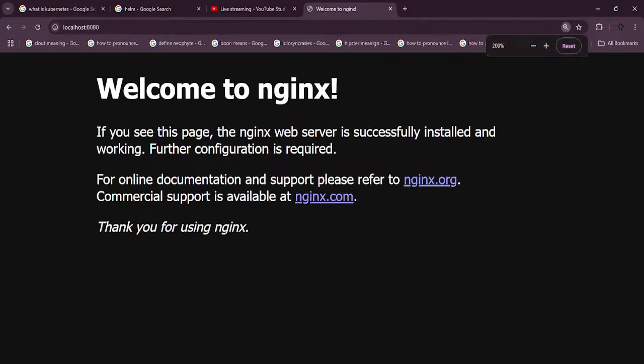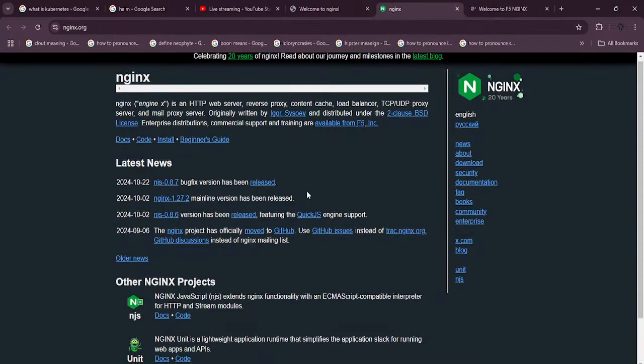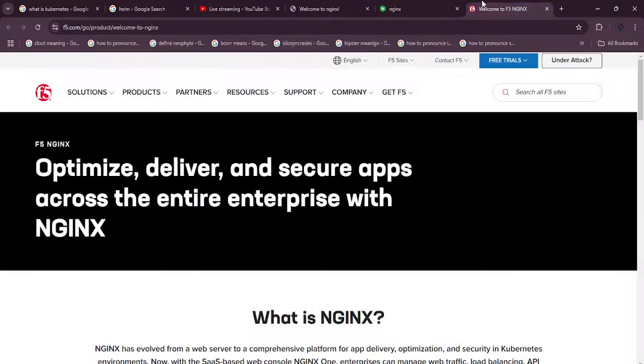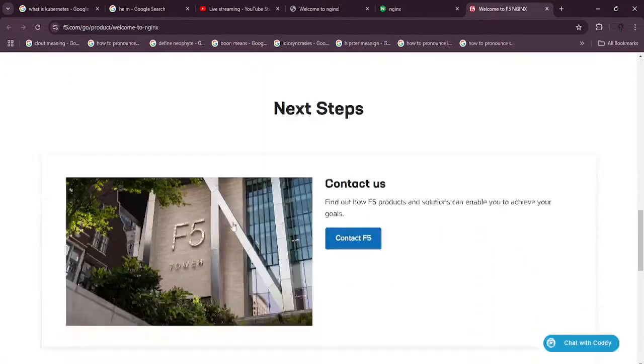Okay, so if I just write here and paste it, you should see the Nginx server up and running. Welcome to Nginx. If you see this page, the Nginx web server is successfully installed and working. Further configuration is required. For online documentation and support, please refer to nginx.org. Commercial support is available at nginx.com. Thank you for using Nginx. Basically, this is the org website, and this is the commercial website. Optimize, deliver, and secure apps across the entire enterprise with Nginx. So yeah,